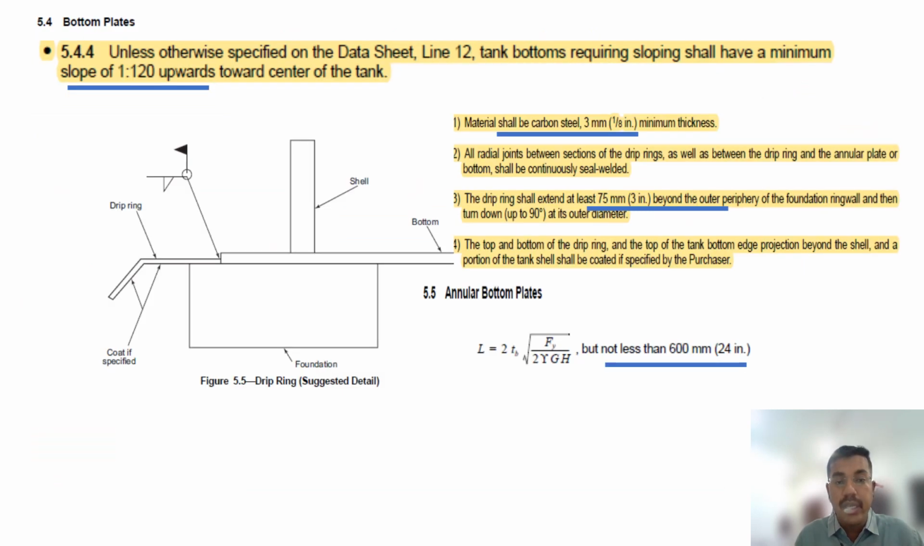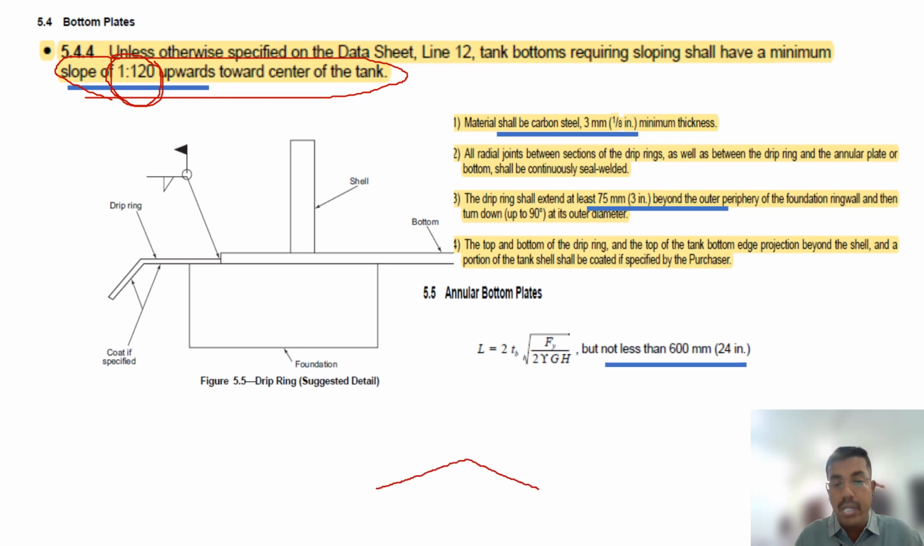Bottom plate. Unless otherwise specified by the data sheet, tank bottoms requiring sloping shall have a minimum slope of 1:120. This is very important. You have to remember, there is sometimes a question that came in the open book. What is it saying? Let's say